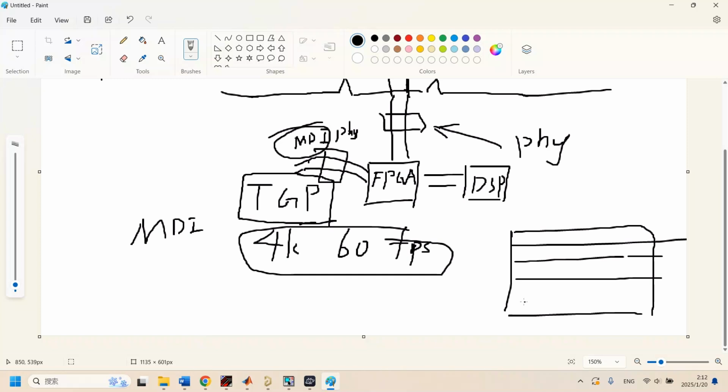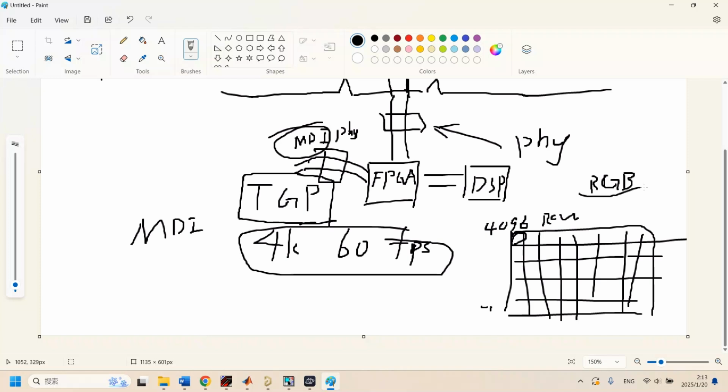a picture, they have tons of rows and columns. If it's 4K resolution, there's actually 4,000 rows and columns, and every row and column, each dot, has 3 binary data, R, G, B, and each of them takes about 1 byte. That's kind of too much because